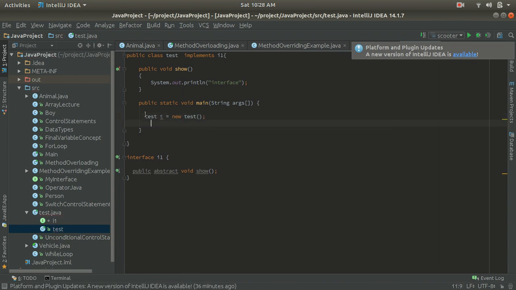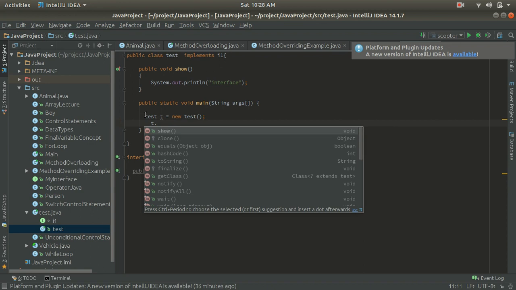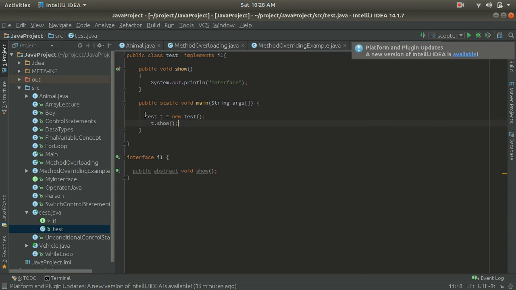With the help of the Test object, I'm going to call the show method. If I call the show method, it is going to call this method and run this implementation, that is System.out.println interface. So you have seen that we have overridden the show method of the interface I1 in our Test class, and we are creating the object of the Test class and calling the method of the Test class.